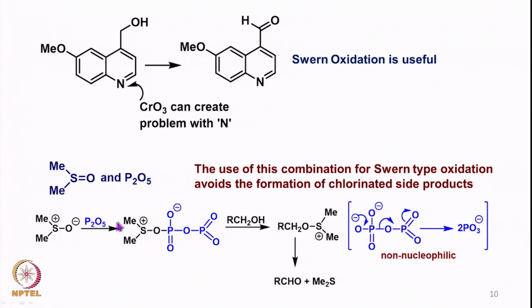So, DMSO reacts with P2O5 to form an intermediate of this kind, which does not have any kind of anion that can react with the intermediates, and therefore now when alcohol reacts with this intermediate, then we get a species